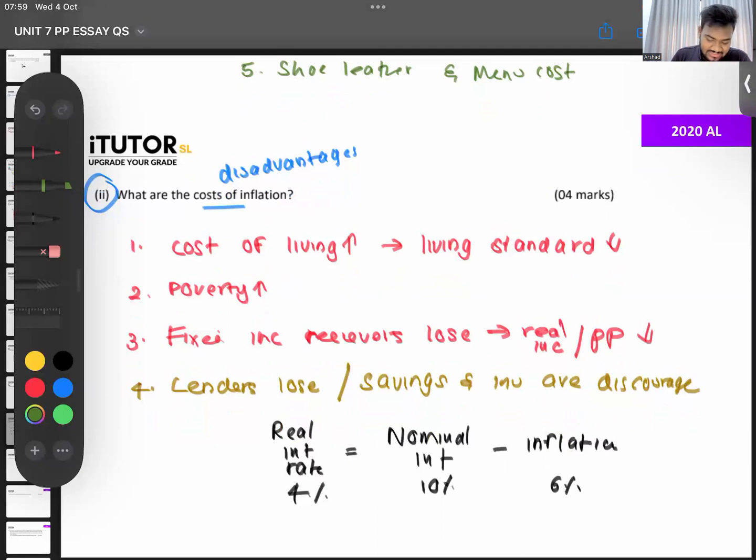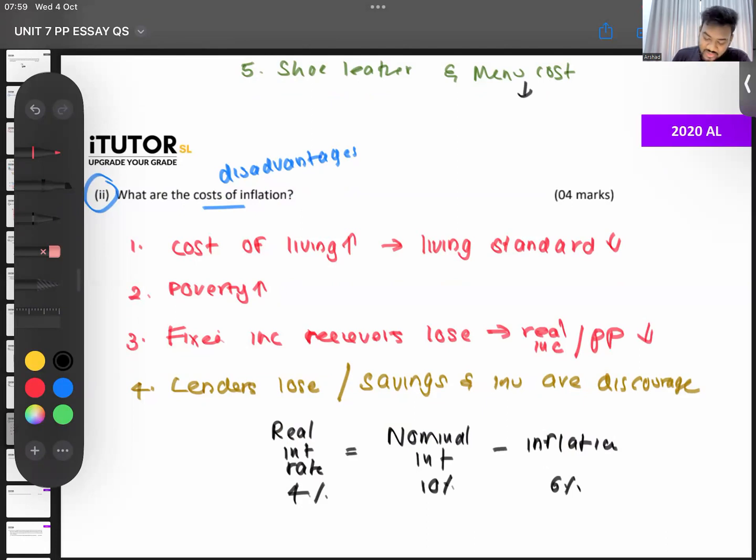Yes, menu cost is what I just explained, Lamai. The fact that you have to print new menu cards, update your websites. When the prices go up, you'll change all of that. So you have to print new banners now with new pricing, all of that. Reduce the level of production. Okay, yes, export competitiveness comes down.